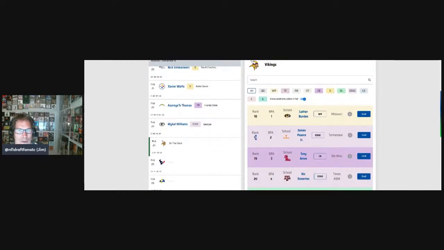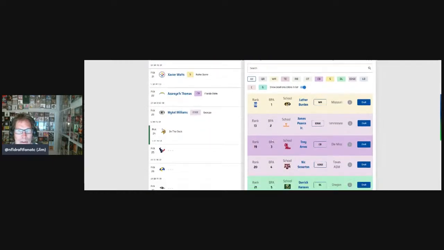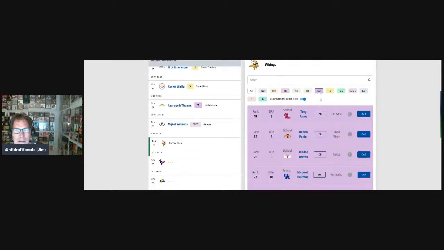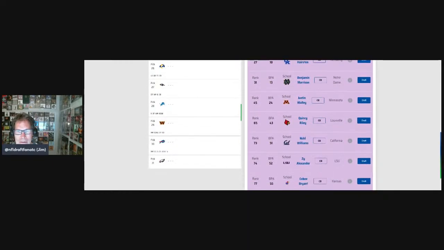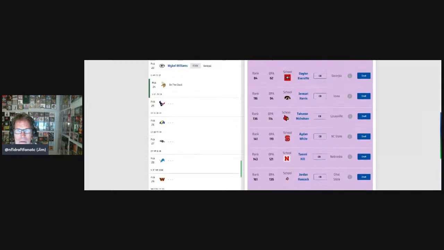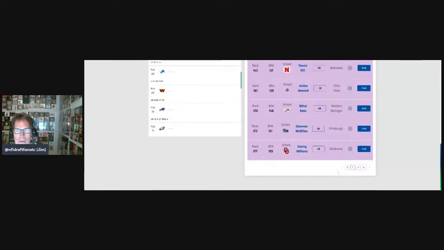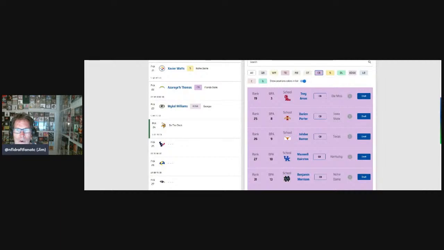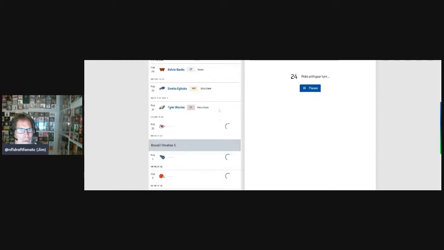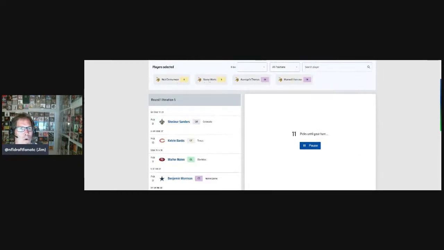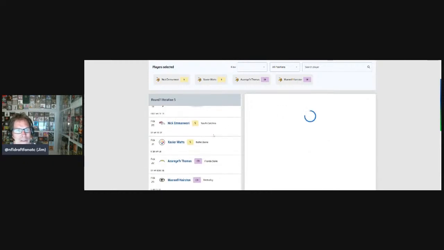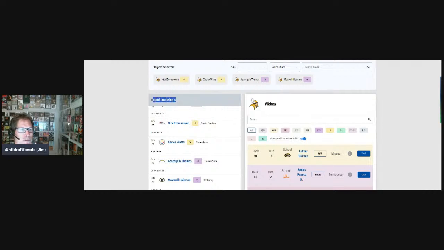Okay. And you notice, again, Pierce is 13th. Would they take Luther Burden? I don't think they would take either player. I'm going to look at the corner board again. So I'm going to go Maxwell Hairston in round 1. That's late round 1. I think that's appropriate for Hairston. Okay. So in this case, I've done Emmanwori, Watts, Thomas, Hairston, and watch what the simulator does. So this is the 5th Vikings first round mock I'm doing.